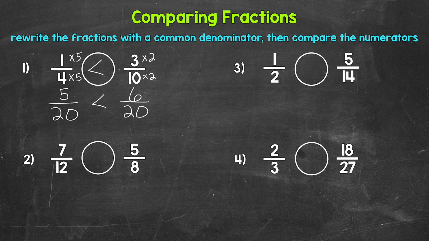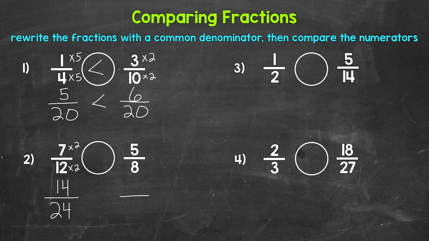Let's move on to number 2, where we have 7/12 and 5/8. So we need a common denominator here. The least common denominator for 12 and 8 is 24. So let's rename these fractions with that denominator of 24. We'll start with 7/12. 12 times 2 gives us 24. So let's do that to the numerator, multiply by 2. 7 times 2 gives us 14. So our equivalent fraction with that denominator of 24 is